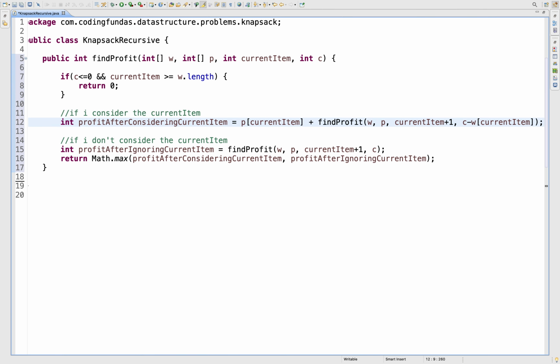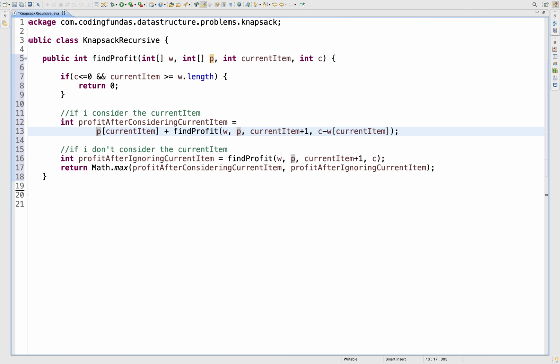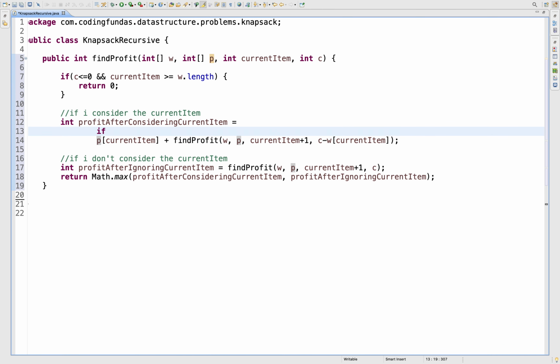And here we are calling it for C minus current weight. So if capacity minus weight is less than 0, there is no point calling it.